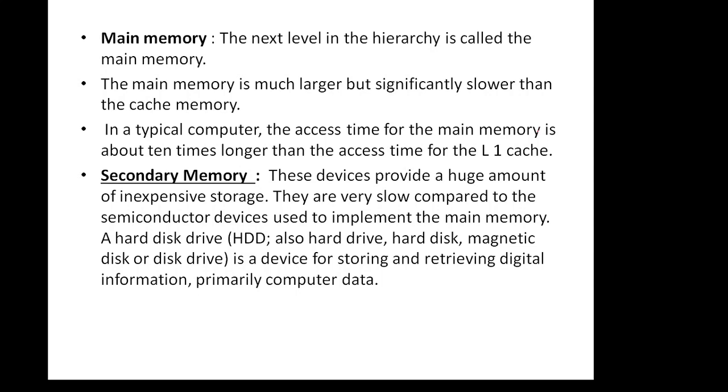Next is the secondary memory. It is going to store a huge amount of data. It is less expensive, but it is very slow. Why? Because the instructions stored in the secondary memory are very many. So fetching an instruction from that many instructions is very difficult. That is the reason we say the secondary memory has a very slow accessing speed.